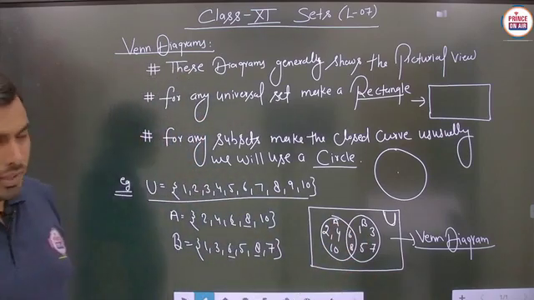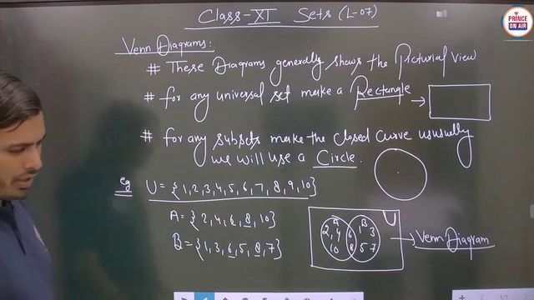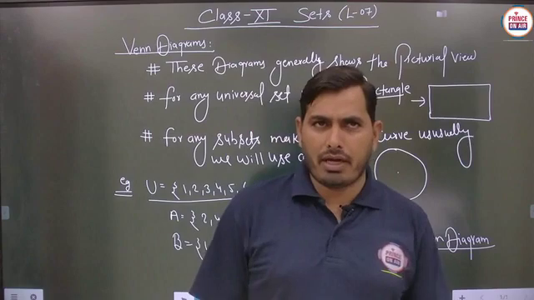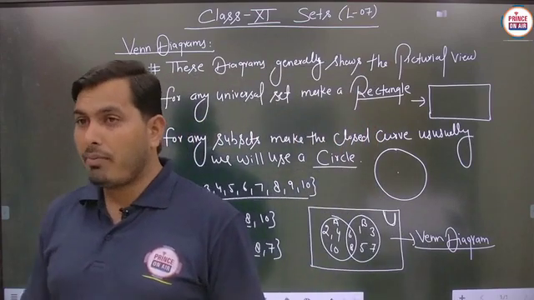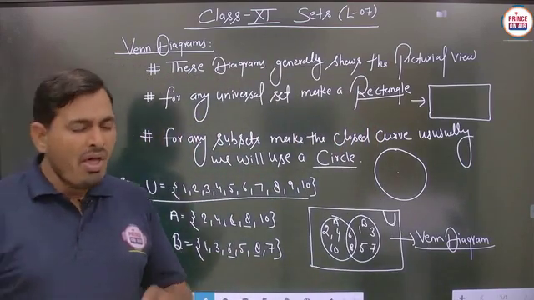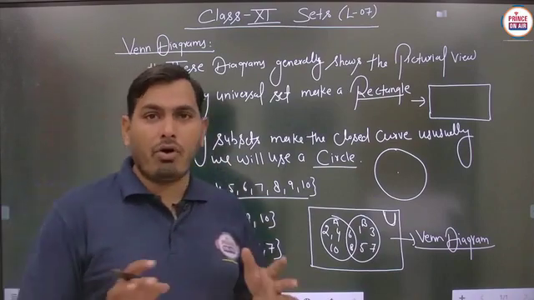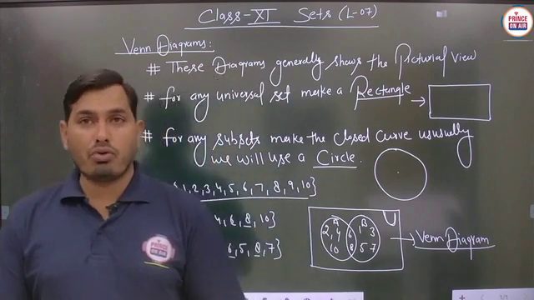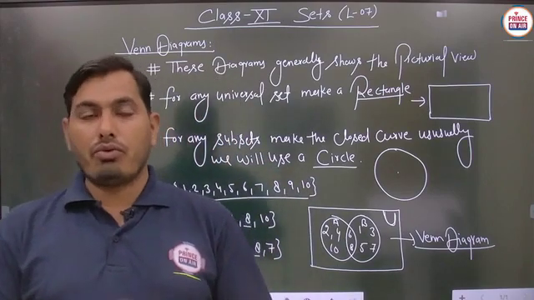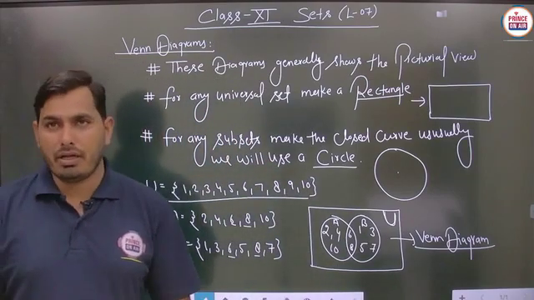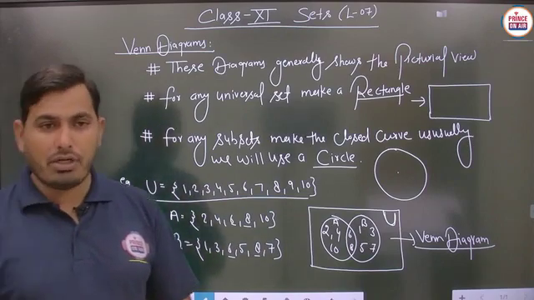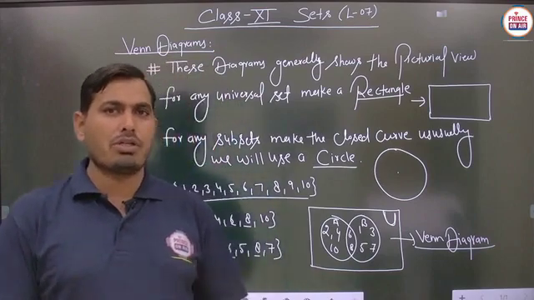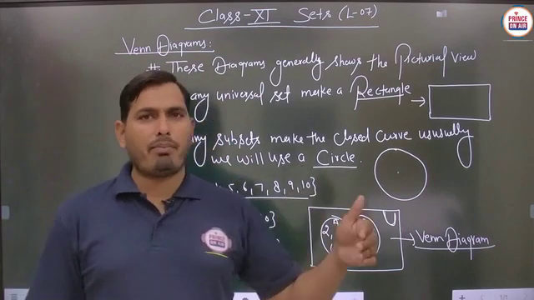Now student, these Venn diagrams are very important, because some practical problems we will solve by using Venn diagrams, as well as some kinds of operations like union, intersection and difference. We have to solve some operations with the help of Venn diagrams also. Is it clear? And we have to see some basic properties of these operations also, so that these Venn diagrams will also represent the particular kind of operation applied on the sets.